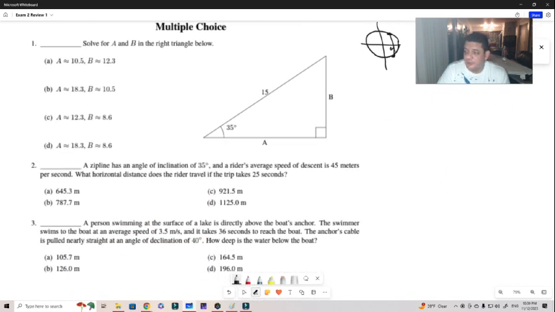So for the first question, we want to solve for the sides A and B with this triangle here. We have information on the hypotenuse and we have the information on the angle. So we pretty much can get B by using the sine. You remember B, or opposite over hypotenuse, is the sine of 35. And A, which is the adjacent,